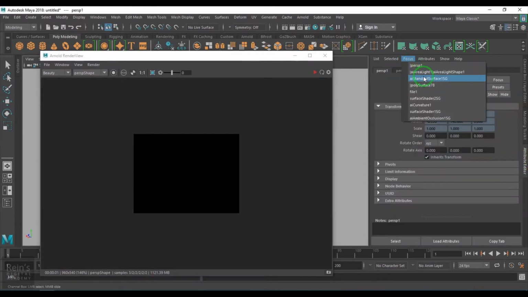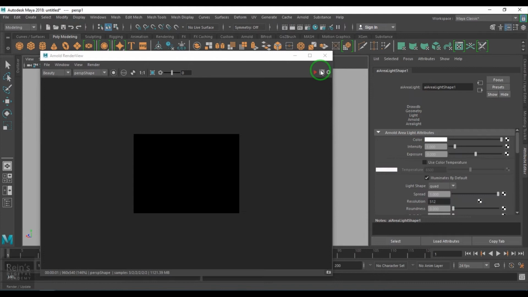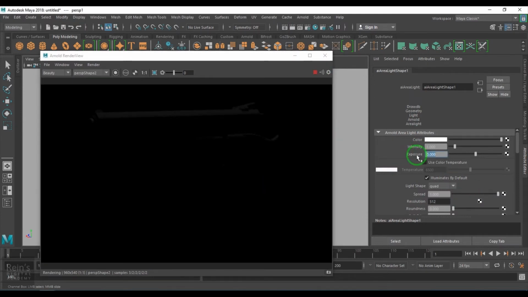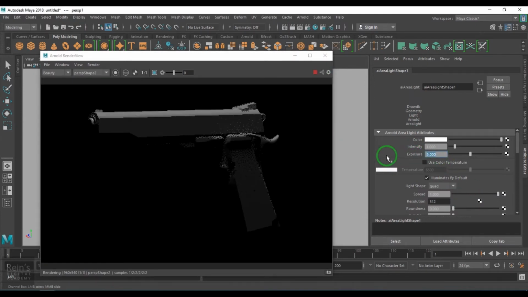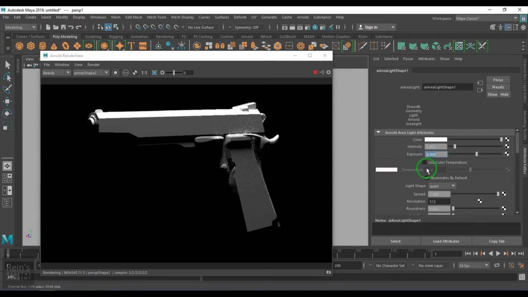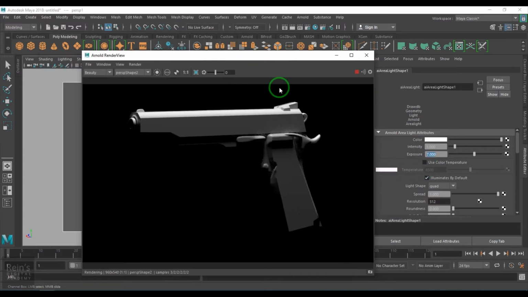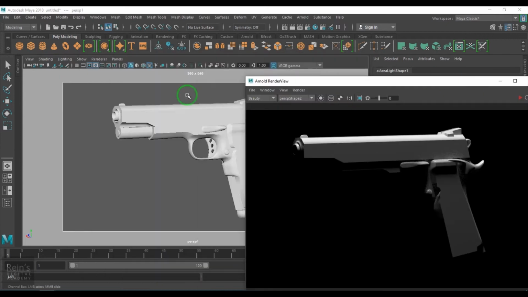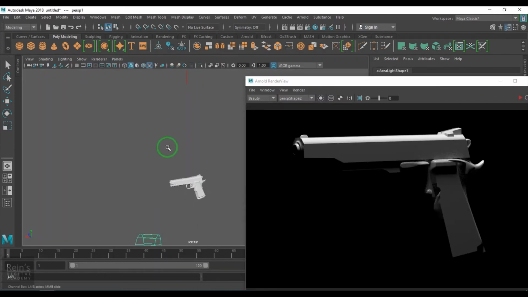Now I'll go to the render view, open attribute editor, and select the area light. So I increase the exposure, I'll put a value of 7. That should be fair enough.